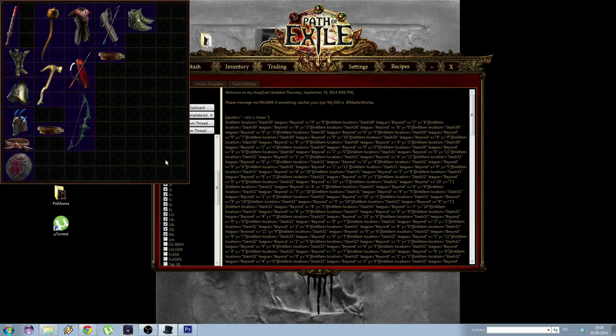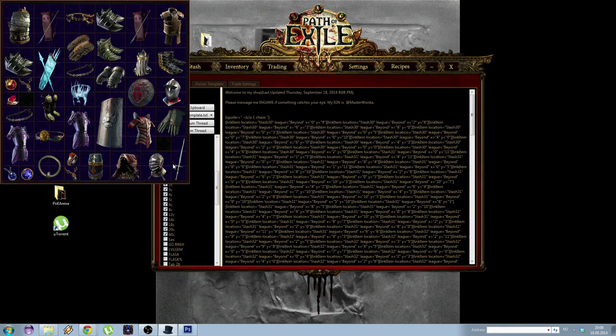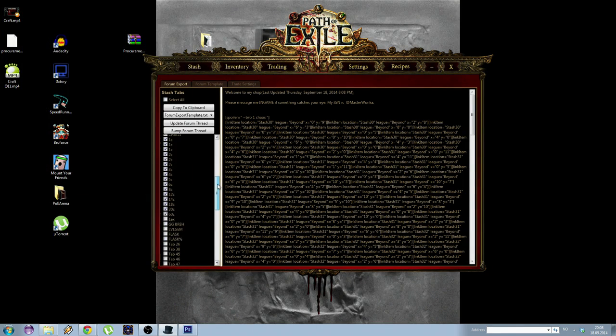I have a few dedicated stash tabs just for stuff I want to sell, and I price them in game. So my stash tabs are called 1 chaos, 2 chaos, as you can see, 1C, 2C, 3C, and that's the naming setup I have. And this is going to be smart to do as well, as you're going to see now, because once you select the stash tabs you want to sell,